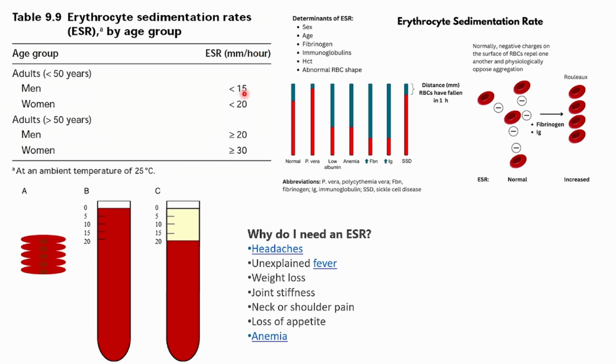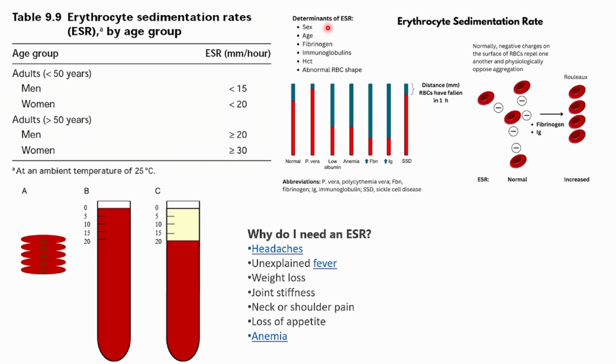Okay, so in 1 hour it is settling like this. See, from 0 till 20 it has come down. Okay, this is plasma, and here it is settled down in 1 hour. So in men it is less than 15 mm per hour, in women it is less than 20 mm per hour, but in more than 50 years of age, in men more than 20, and in women more than 30. So in 1 hour it is coming down 15 or 20, it depends whether men or women. This is the normal